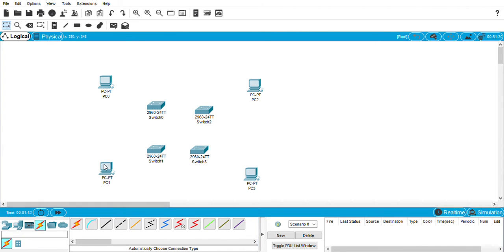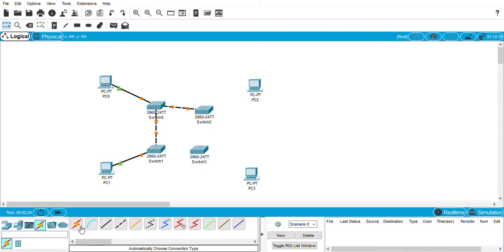So we know copper wire will be used between the end device and the switch, and from one switch to another switch we go with different cabling, either fiber optic or coaxial cables. The link will be shown as a dark line between PC and switch, and a dotted line between two switches. So we don't have any confusion, because once you select this it will be automatically fixed. It sets up the fast Ethernet connection from end device to switch, and it automatically fixes between two switches. So it's very easy for us to communicate.